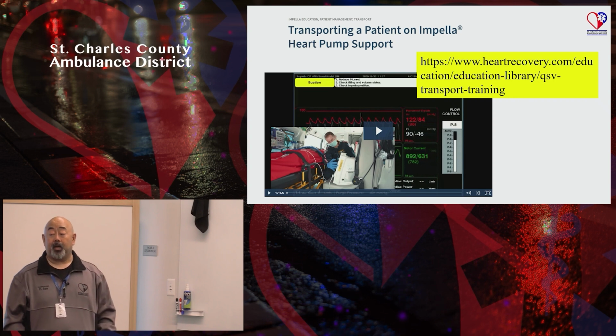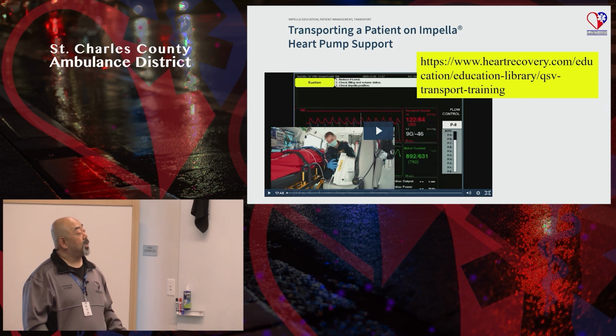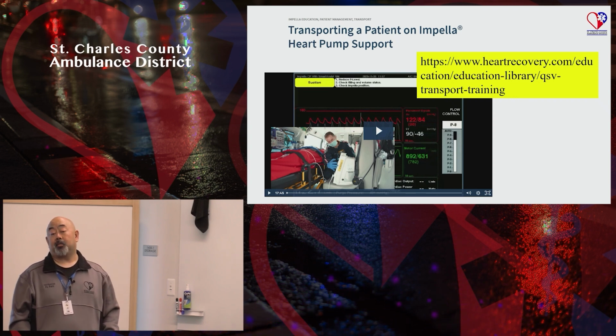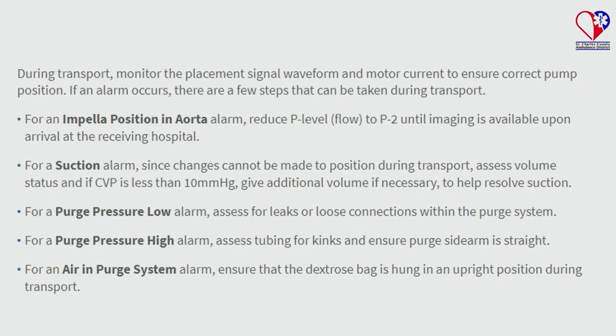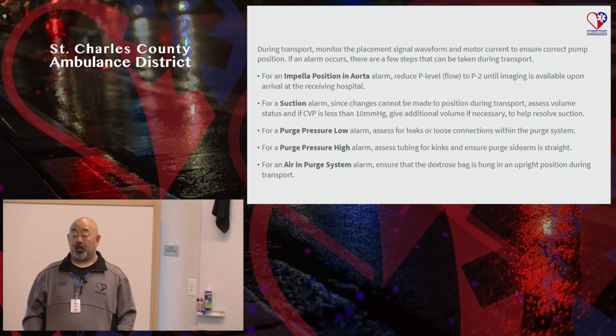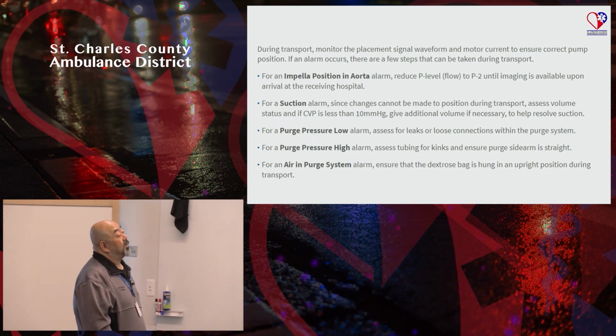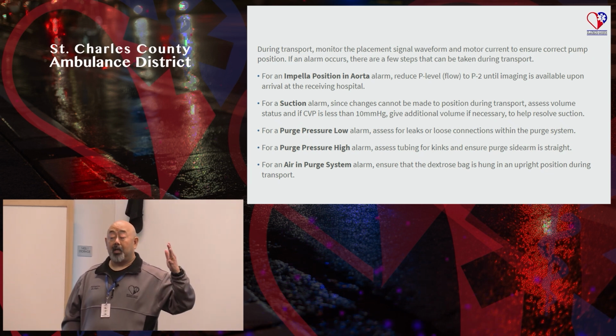Smaller hospitals are able to place Impellas as a bridge to get to an LVAD hospital, for example. And so when you do that, hopefully it'll be uneventful, but you might have some of the alarms on the console. For example, during transport, if an alarm occurs, there are some really basic things you can do to help troubleshoot. So one of the alarms that you might hear is the Impella position alarm. If the Impella position for some reason is detected to have shifted or is not right, one of the first things that the manufacturer suggests you do is just reduce the flow down to P2